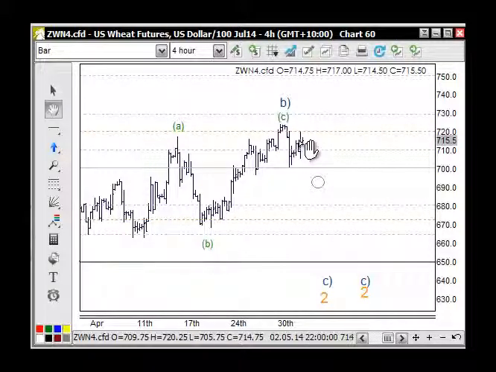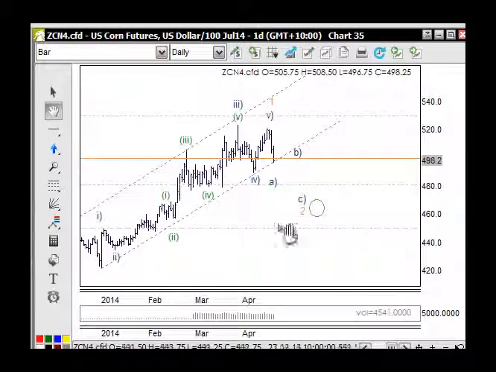So yeah, look, as it stands, we're looking for failure here and a move down through to here, but we would be looking to go long on 720 support and 730. So if you see that, then you know what to do, because the trend would just be pushing up from that point. The corn market, it moved down quite swiftly from the high that we were looking at